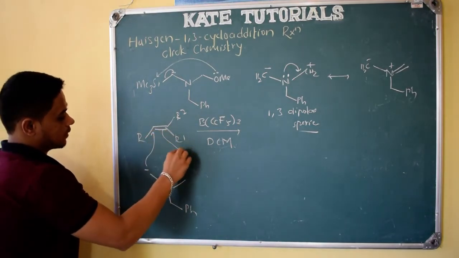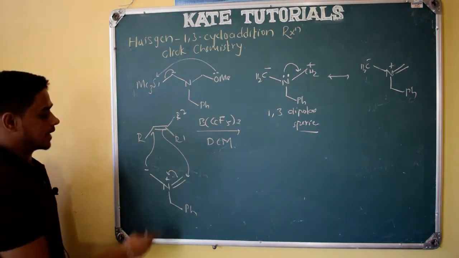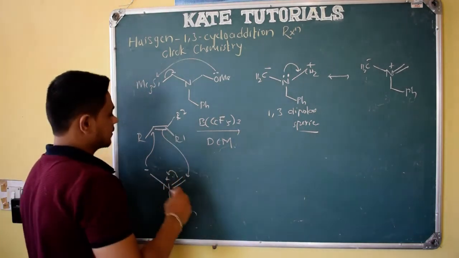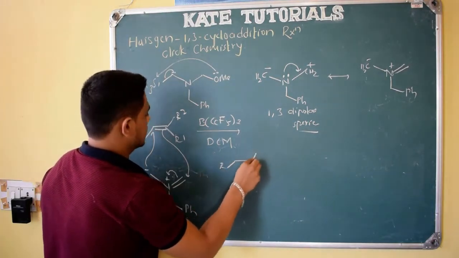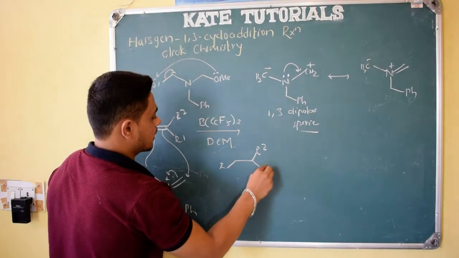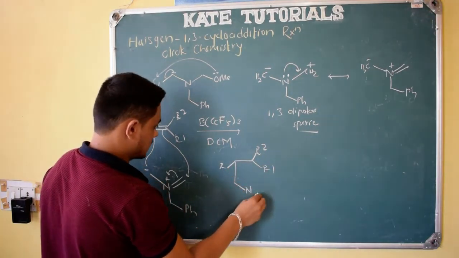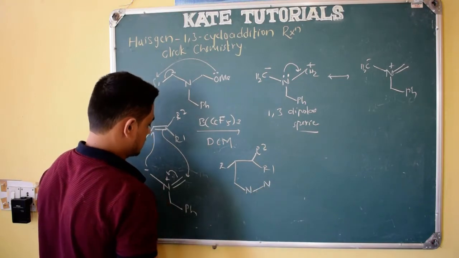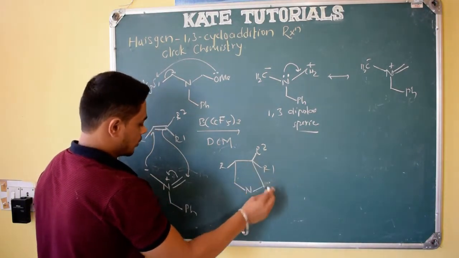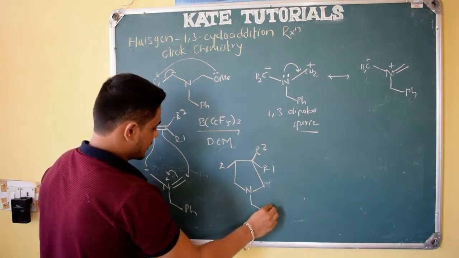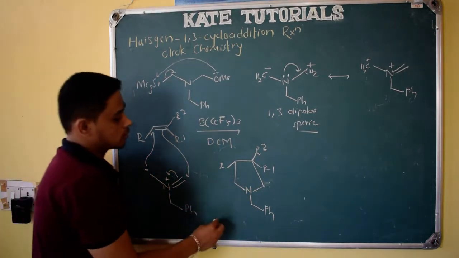Electron density can move to this carbon, and nitrogen again becomes neutral by getting this pi electron, right? So what happens? Here R is there, here R2, R1, and here carbon, nitrogen become neutral, right? Here carbon is there, and this bond again has formed a 5-membered ring, right? Everything is fine, but it is not now aromatic.